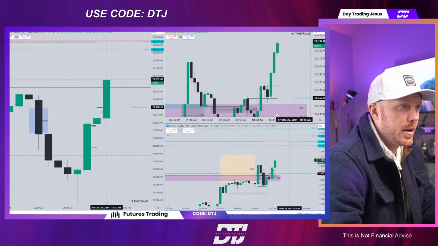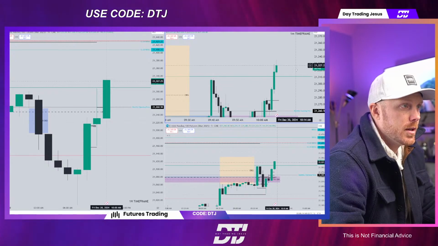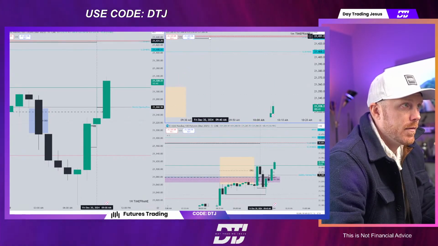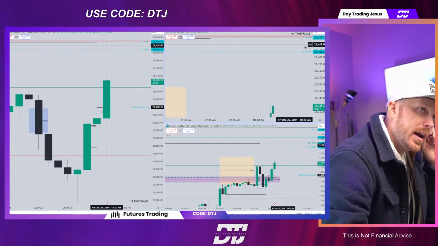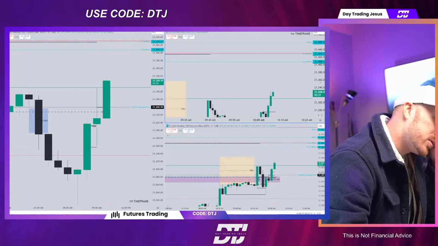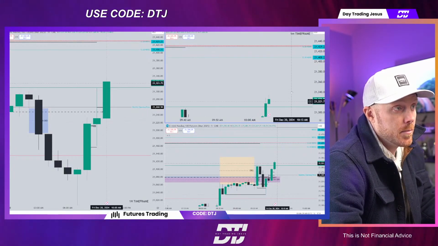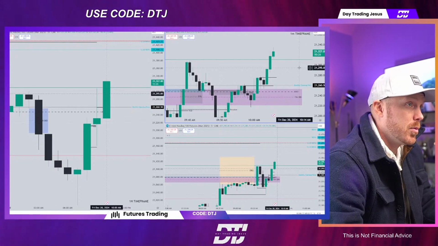I think I found my draw on liquidity. Just feel like I probably was a little late in identifying that. We have the 4 hour, we have these swing lows down here, and the new day opening gap. So see if we can get potentially a retracement to an order block and find support at an order block and